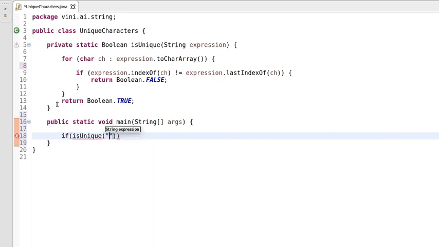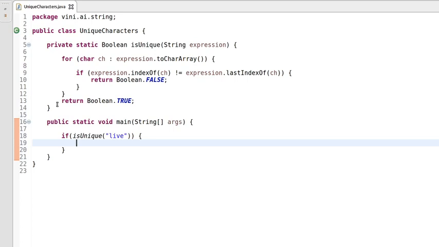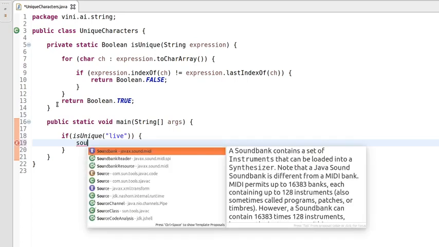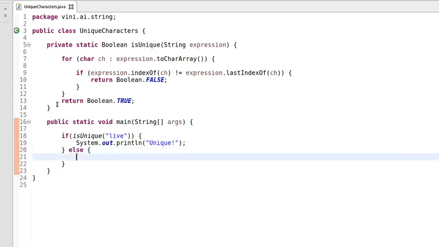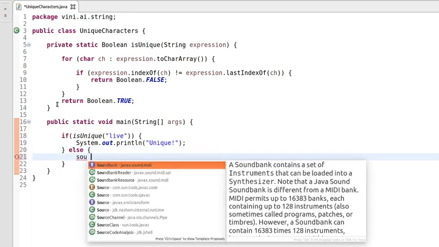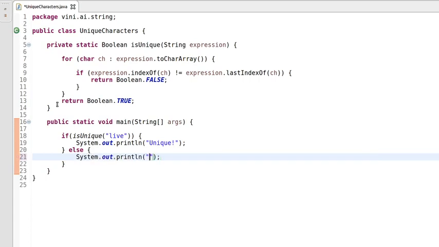Let's pass live here, and if this returns true, we'll print unique, and if it is not true, in that case we'll print not unique.